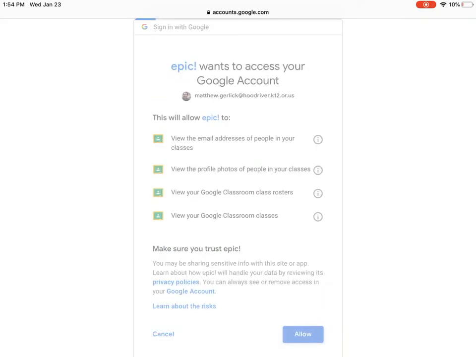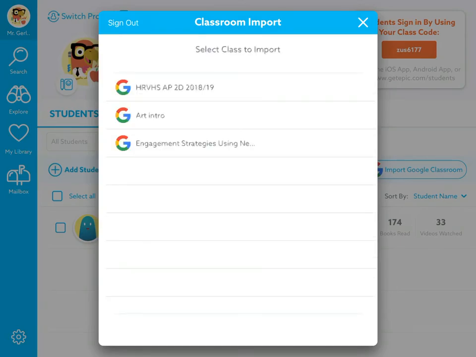And you log in, you allow it to access all your info, and you can import all of your students